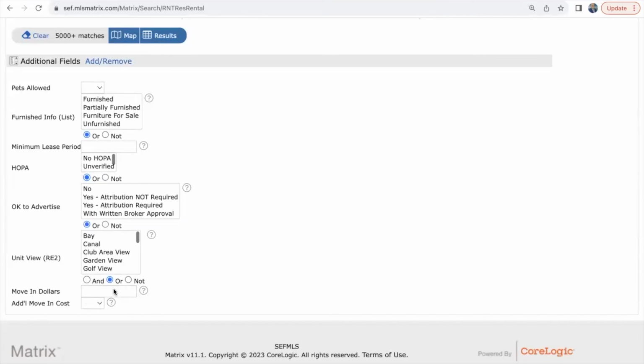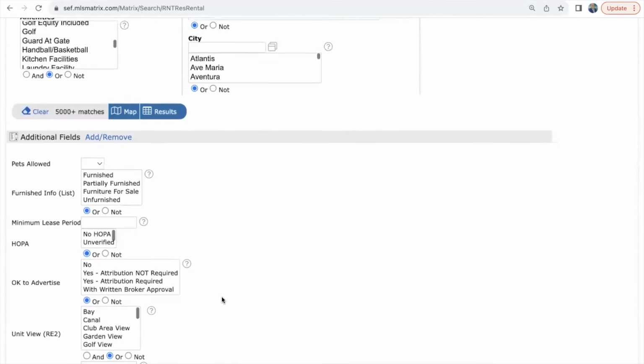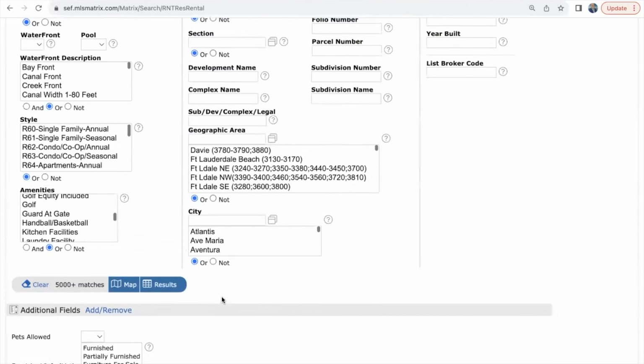Sometimes they tell you, hey, I only want to pay first month and deposit, and I don't want to pay first, last, and deposit. So you want to add move-in dollars and put in a max budget. The additional moving cost also allows you to just say additional moving costs, yes or no, and it's going to give you the results.